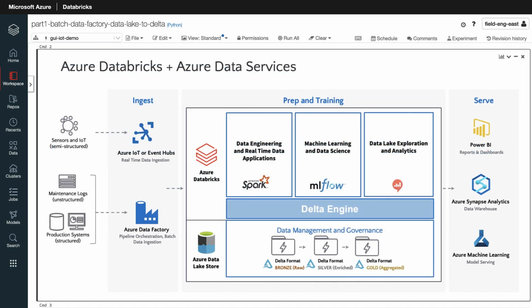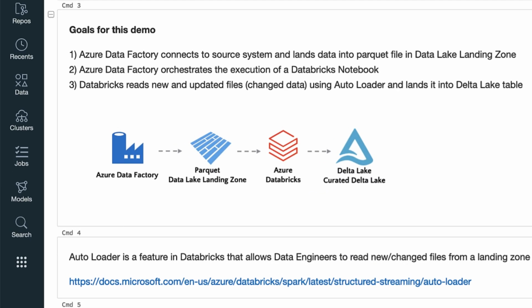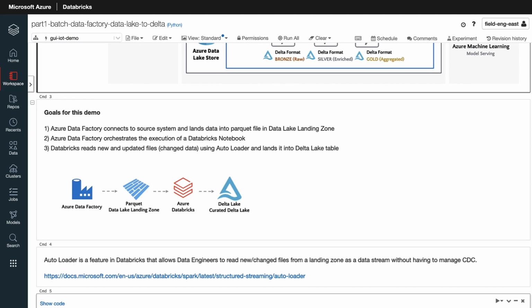Orchestrating data pipelines for ETL operations is easier than ever thanks to the integration between Azure Databricks and Azure Data Factory. We've created an Azure Data Factory pipeline that uses copy commands to incrementally ingest data from the fleet management system in SQL Server to our landing zone in Azure Data Lake Storage Gen 2. Data Factory then executes a Databricks notebook to process the data using Databricks Autoloader and saves it into Delta Lake